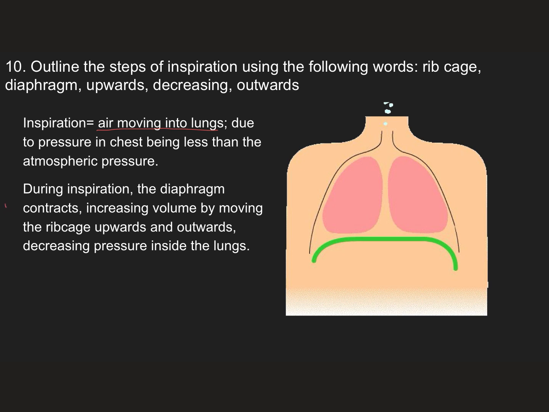So here's your little statement right here that uses those words. During inspiration, so during breathing, when you're breathing in, the diaphragm is this guy right there. It's a muscle underneath the lungs, helps move the lungs up and down. So the diaphragm is going to contract, and when it contracts, it kind of flattens. What that's going to do is it's increasing volume by moving the rib cage upwards and outwards, decreasing the pressure